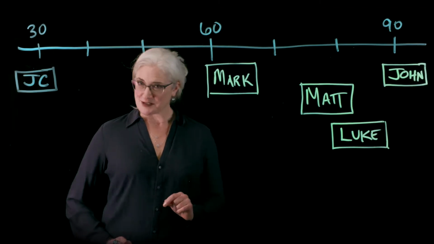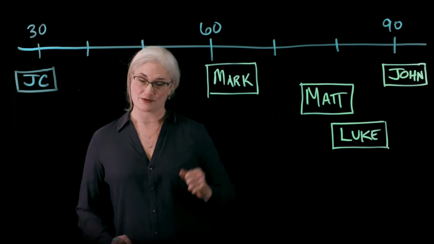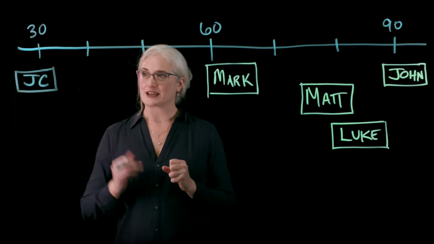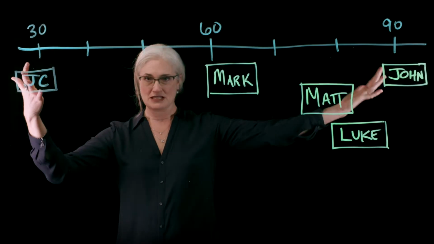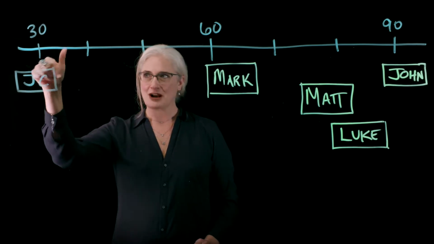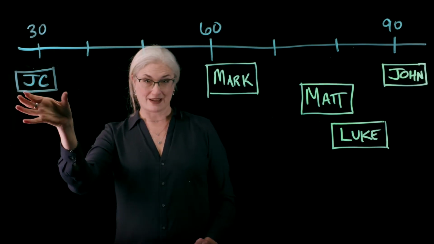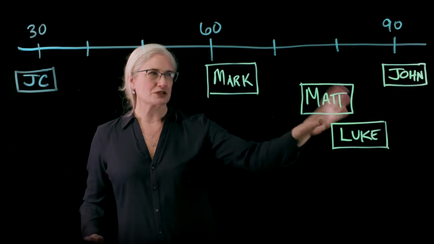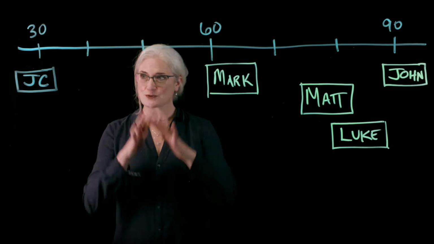What I want to talk about in this presentation are the four essences of Jesus that are presented in the four Gospels. Just to describe what's going on here, taking your first look at it, what I have here on the left is the year 30. So this is kind of a timeline from the year 30 to 90. JC here on the left, around the year 30. So that's a representation of when Jesus, the Christ, would have been executed, right? And so we have Mark here around the year 60, Matthew and Luke somewhere around 80 to 85, and then John we have over here in the 90s. So that's what we're looking at here.